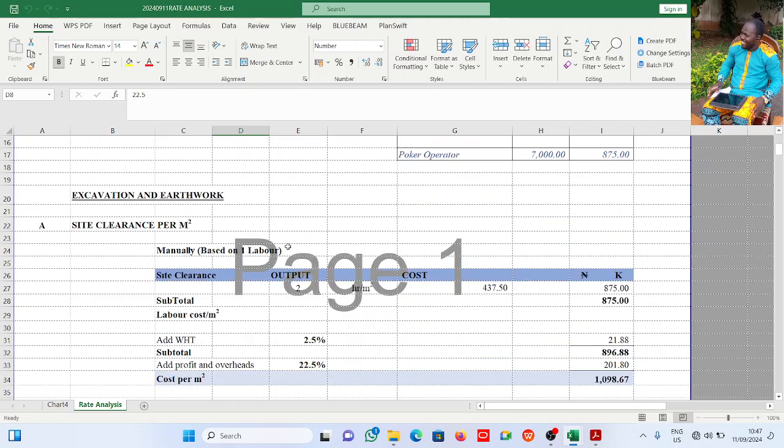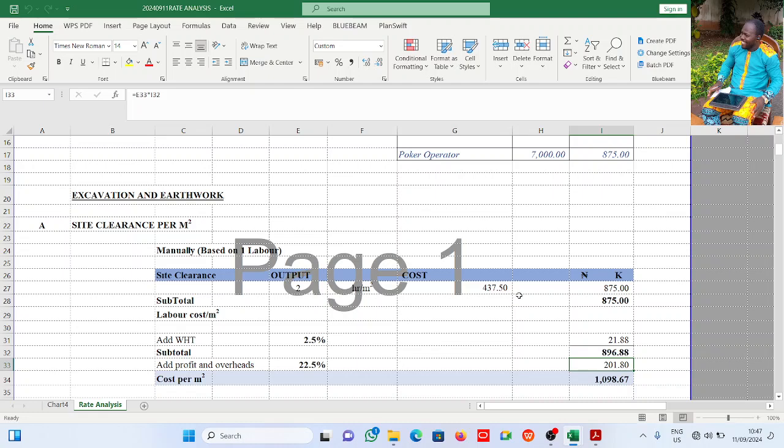So we continue. Now we have site clearance, clearing of bushes and shrubs and grubbing up their roots and all. We have the labor output, 2 hours per square meter, and of course we know it is done manually. If he were to do it by hand, the laborer is paid 437.50 kobo per hour. For 2 hours, this gives me this. Basically, I add withholding tax of 2.5%. I have profit and overhead of